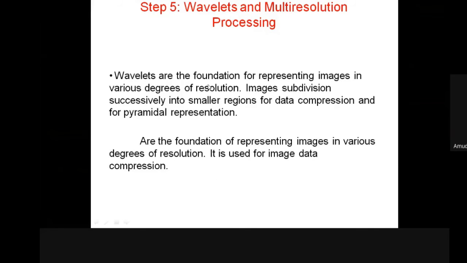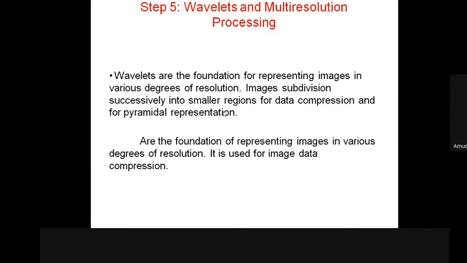Next is wavelet and multi-resolution processing. Wavelets are the foundation for representing images in various degrees of resolution. For example, if we watch a movie on YouTube, in settings we can go and change the resolution. Sometimes 720, sometimes we can go for 1080.